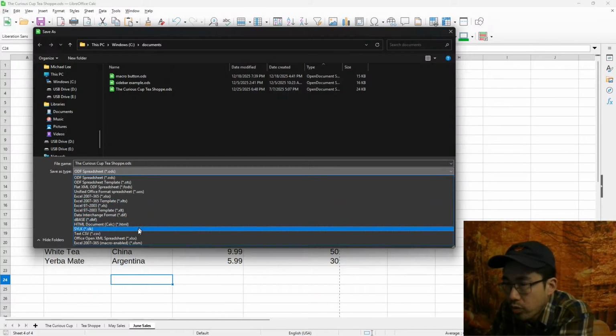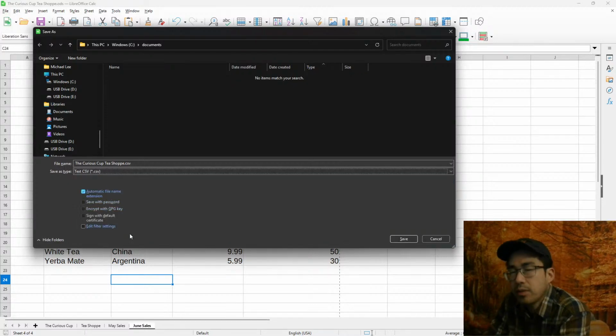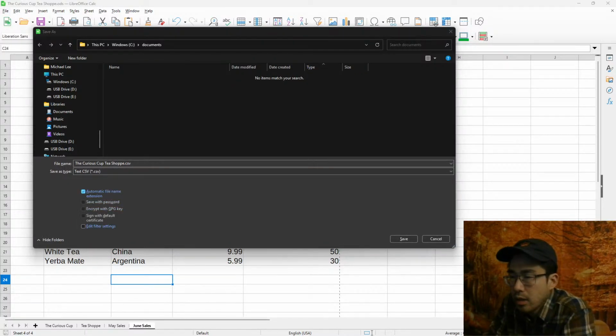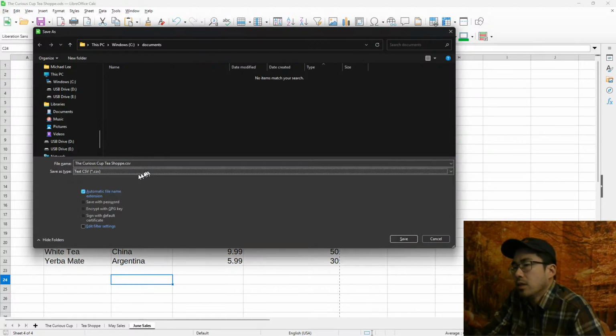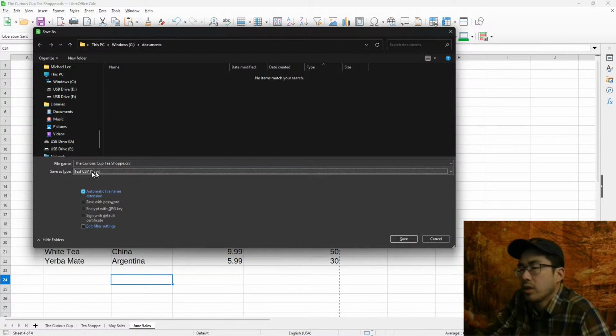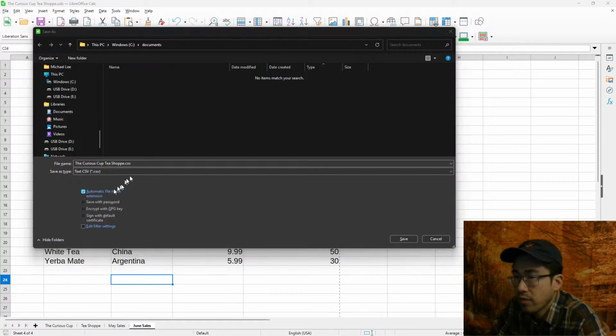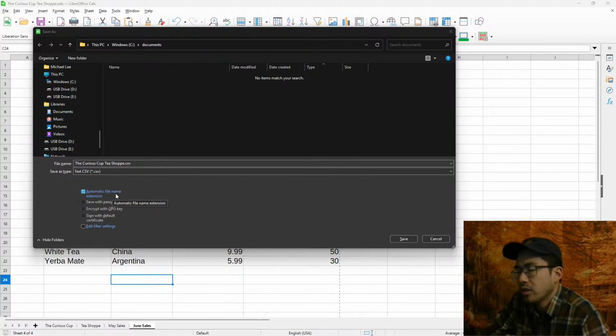Then I'll get to CSV, because in the lesson guide it talks about saving as CSV. For CSV, we see here it includes that file extension, and in the file name also adds in .csv for us. The lesson talks about automatic file name extension. It's good to just keep this checked by default, because it'll add in this CSV extension at the end for us. And when we choose save,